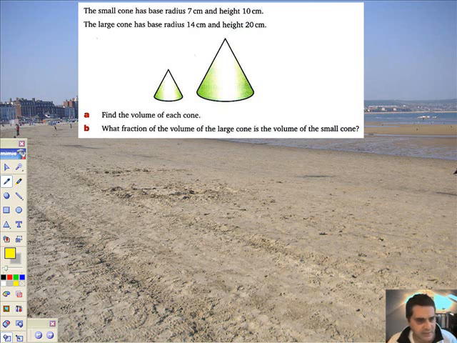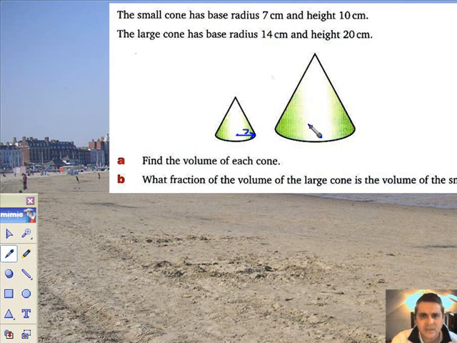These are quite challenging. This is question 3 on page 246. It says the small cone has a base radius of 7 centimeters. I'm going to try and draw that in. So from there to there is a 7, and the larger one has got a base radius of 14. So if I've got 14 there, that's a 14. And radii, of course. Now the little one's got a height of 10 centimeters, so try and draw that in